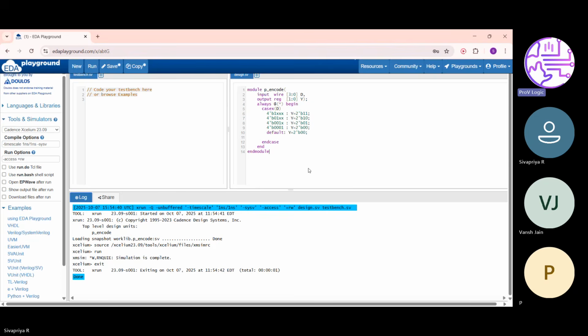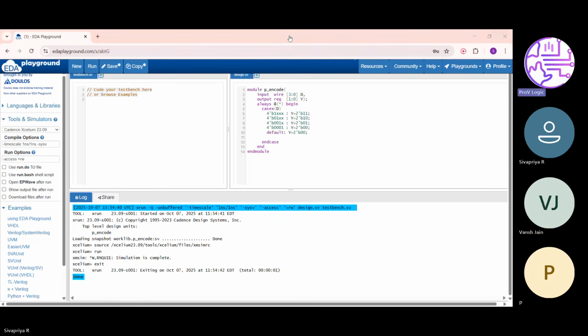Yes, exactly. Because if you give an input of 6 or 7, it is not a valid thing. That's where it will form an unwanted latch. That's why we give a default case. Whenever an input which is not in the case items is given, it will take the default value. Correct? Yes, sir. Yeah, that's correct, Shivriya. Whatever you wrote, that code is correct. Vansh, did you finish that code?